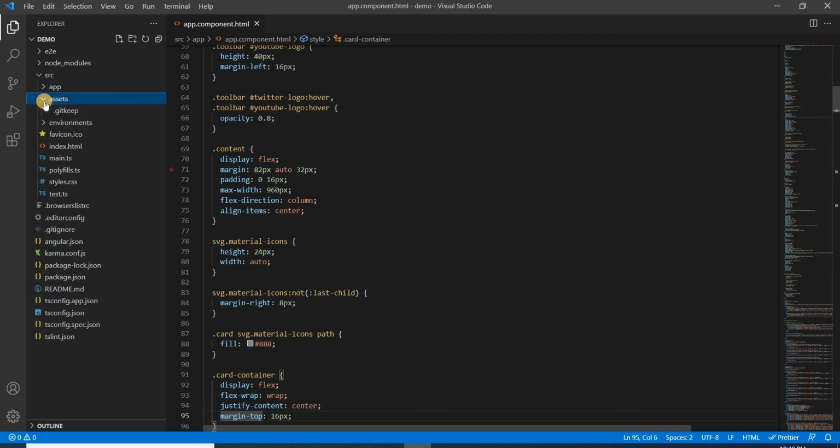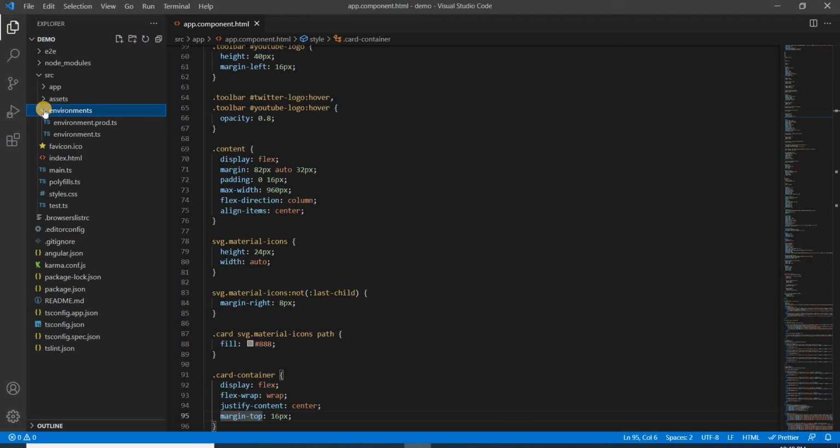Similarly we have assets and environments, and I am not going into these two folders either, because the environment folder is based on the environment in which we are going to deploy, either production, UAT, QA or development.